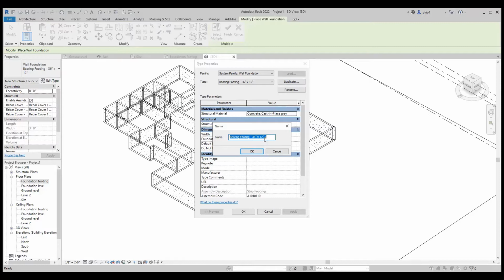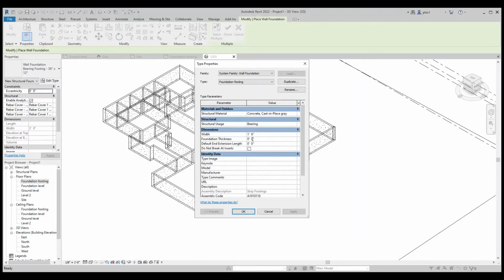The footing, if we call it the foundation footing, and say okay. And the width of our footing, we can adjust it to, our wall is 6 inches thick, and so our footing can be 3 times the wall width, and that can be 1 foot. 6 is 18, 12, so 1 foot 6 inches,